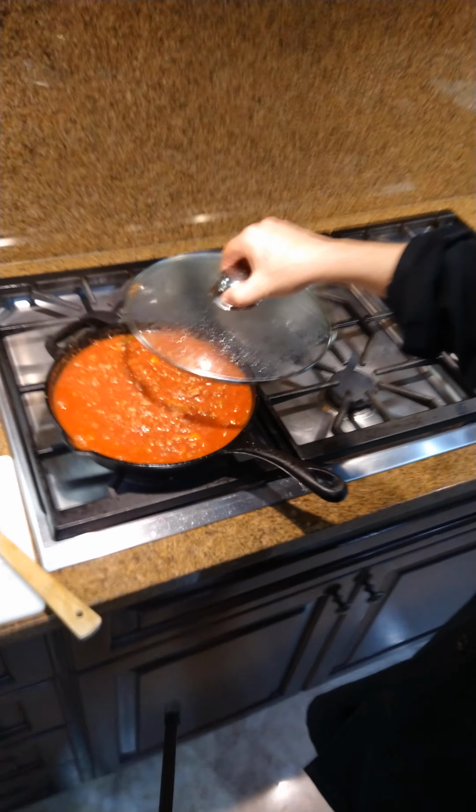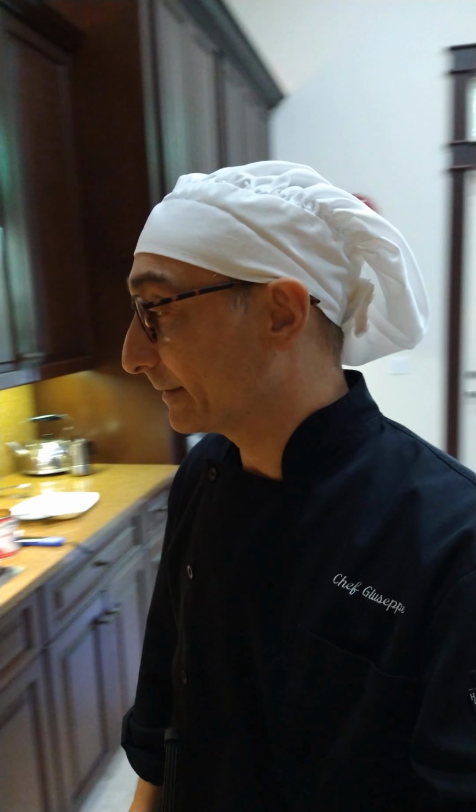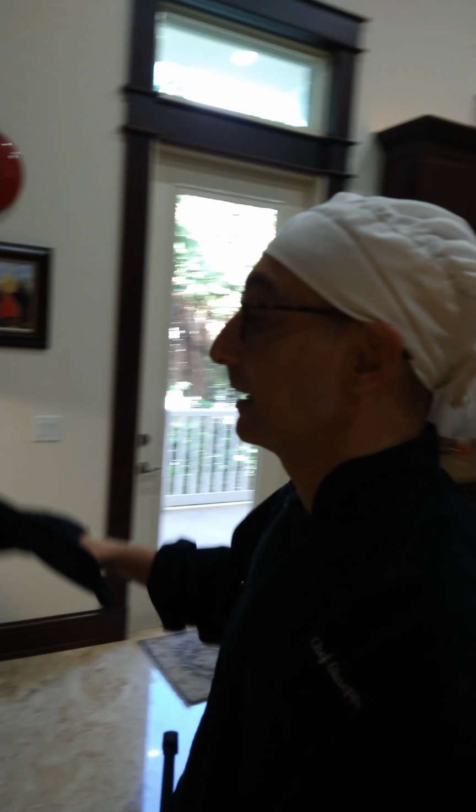And I flavored it with herbs from the garden: rosemary, sage, garlic, onions, and carrot celery. This is one of the basic sauces that we have in the Italian cuisine, but it's very well known in America. In addition,